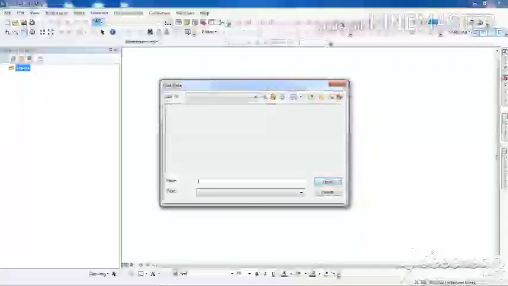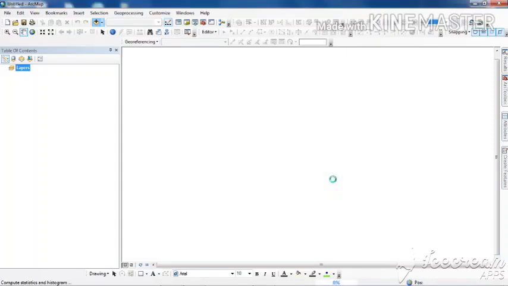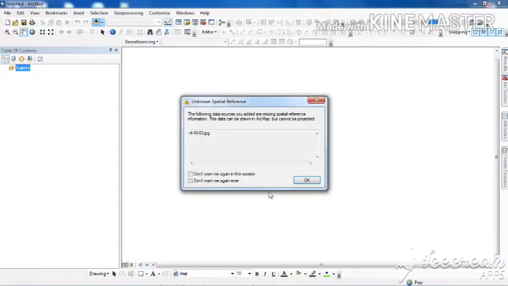So, practical session, as I told you before, I will click on this plus button and add this particular imagery. You can see that an unknown spatial reference message comes up when I try to add it. What does it mean?